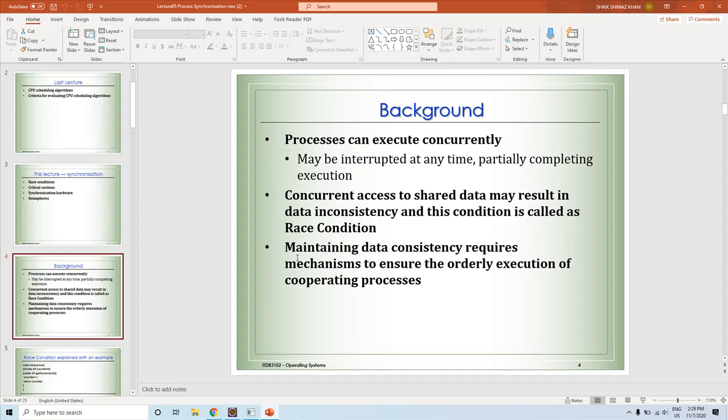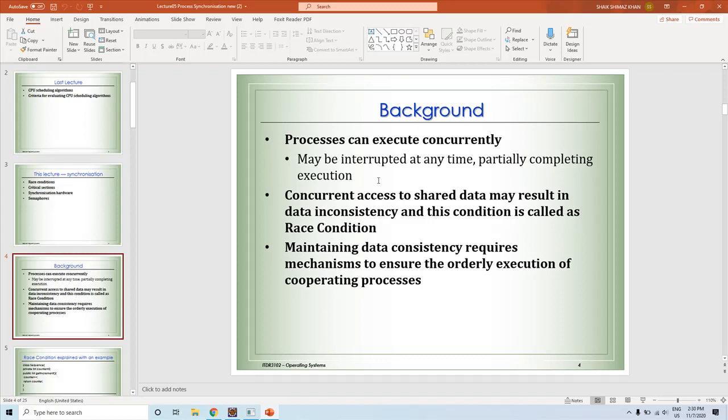So to avoid the data inconsistency, we have to implement something called process synchronization, such that a process executes a set of instructions in a specific order, an orderly execution of cooperating processes, which you will understand with examples in this chapter.